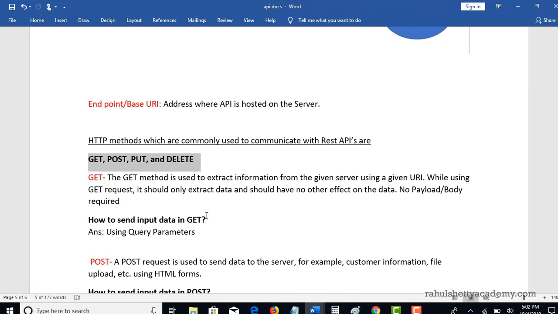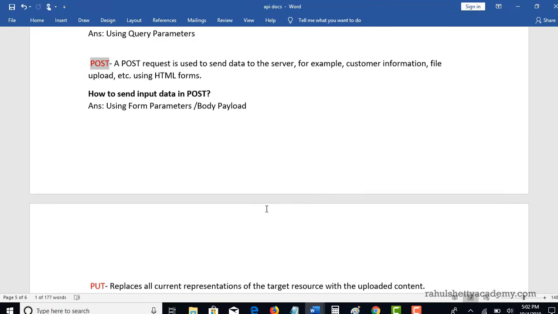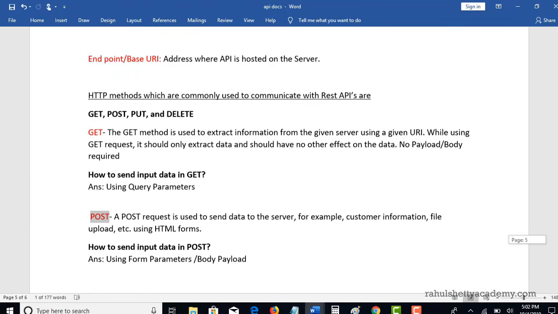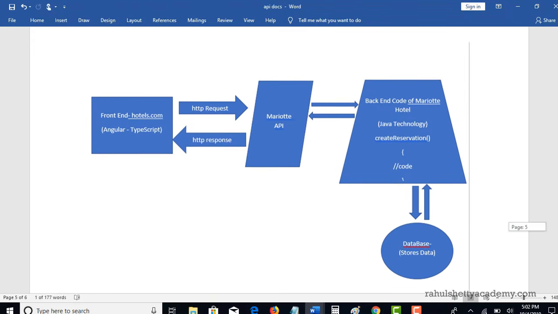So let's try to understand at a high level each and every HTTP method now, so that in our next lecture, when we start taking real-time examples, we will do some examples on all these HTTP methods. Right, the get method. This method will be used whenever you want to retrieve some information from your server. Now, let's say you want to retrieve an existing reservation. For that also, the Marriott guy has to come up with one API which will give the reservation details when hotels.com